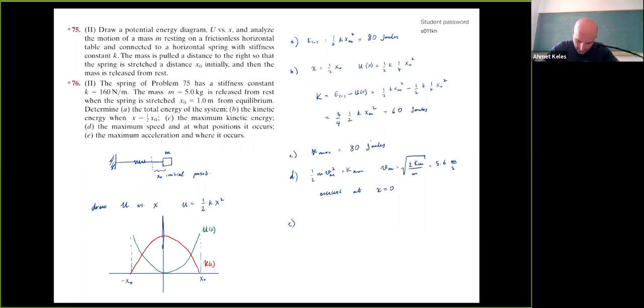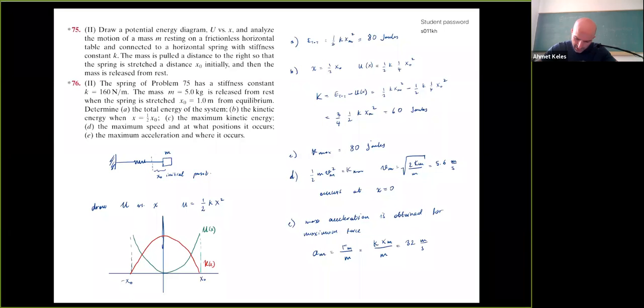So max acceleration is obtained for maximum force, then a max is equal to F max divided by M. This is equal to K times X max divided by M, and that's equal to, I think we can find that. I found 32